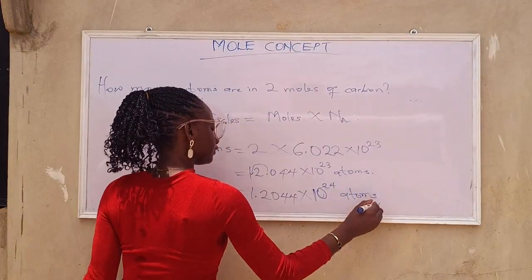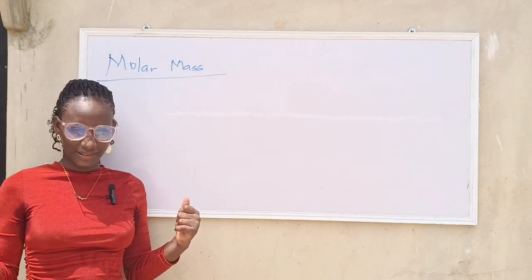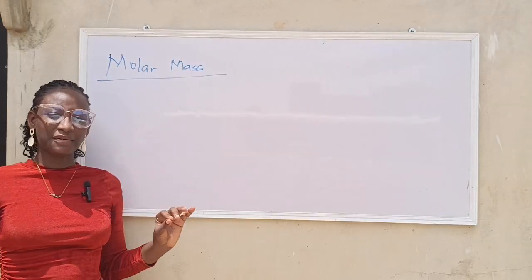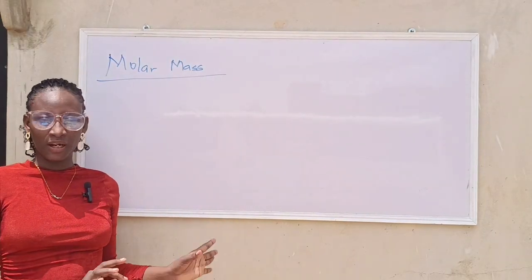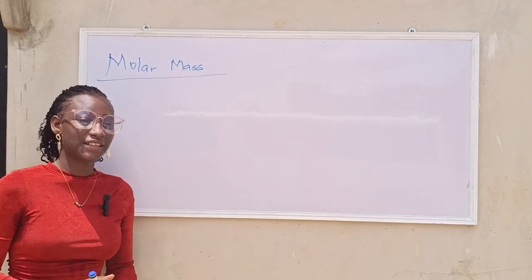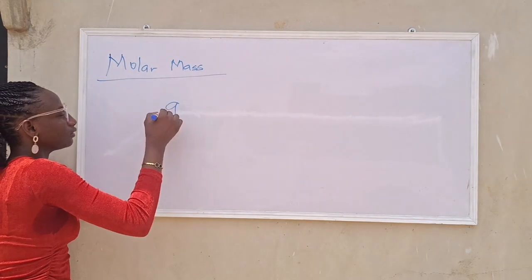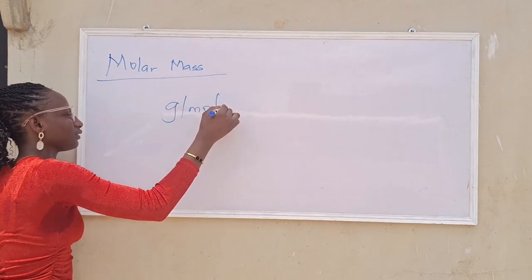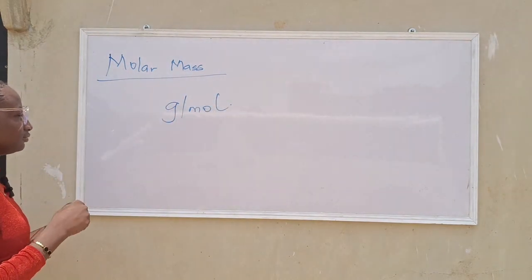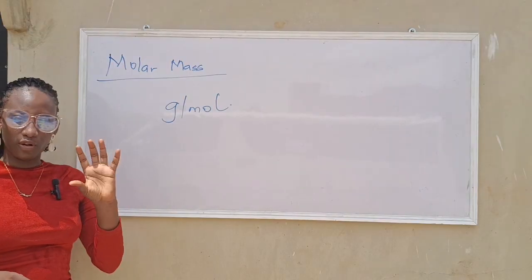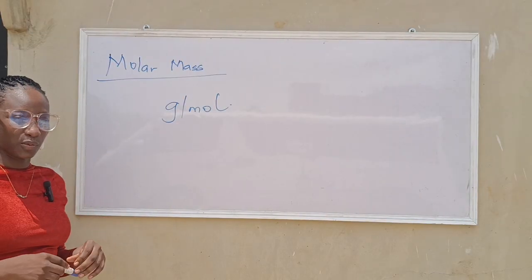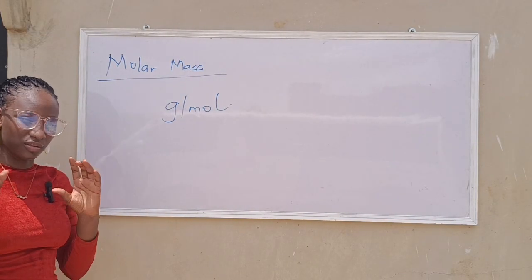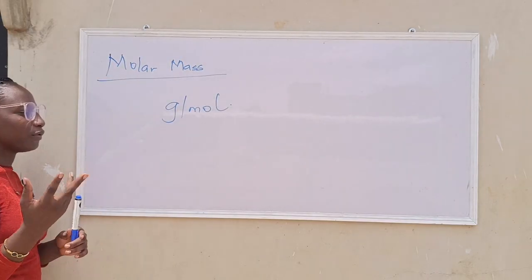Very good. Now let's talk about molar mass. Molar mass is the mass of 1 mole of a substance, and the unit is gram per mole. So what is the mass of 1 mole? That is what we are talking about. What's the mass in 1 mole of a substance? For instance,